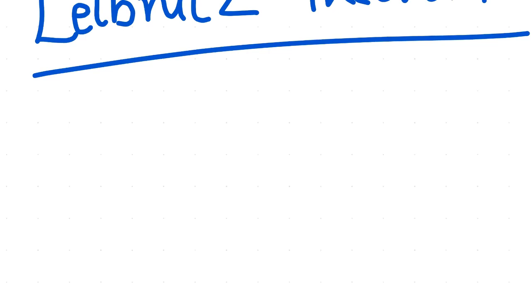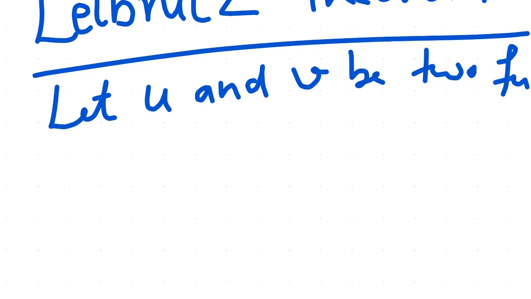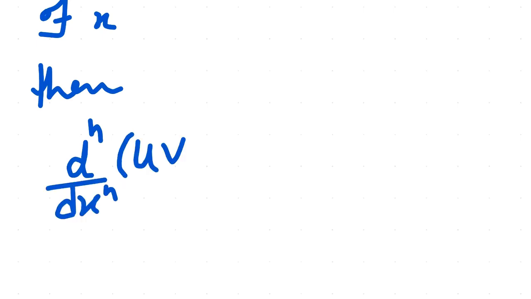Let u and v be two functions of x. Then the nth order derivative of u into v is equal to nC0 into u to the power, like nth order derivative of u, okay, u_n,